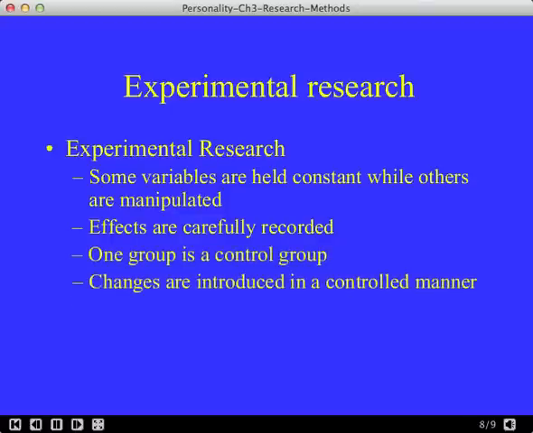Changes are introduced in a controlled manner to see if a statistically significant difference occurs among the behaviors of the groups which received the treatment change as opposed to the behavior of the groups which did not. If a statistically significant difference does occur, then the differences found were not likely due to chance, but rather were due to the treatment given. Statistically significant does not necessarily mean important or valuable or useful.